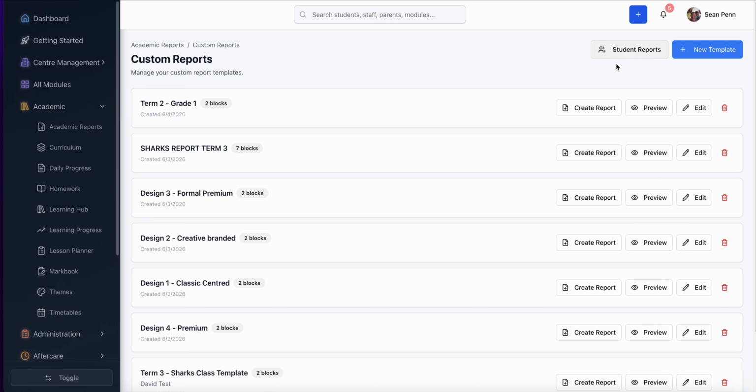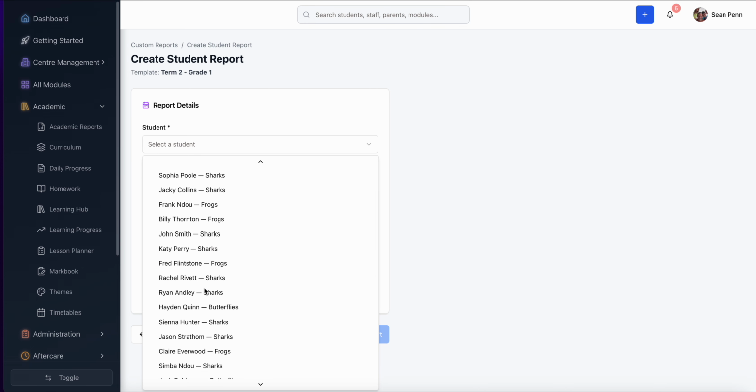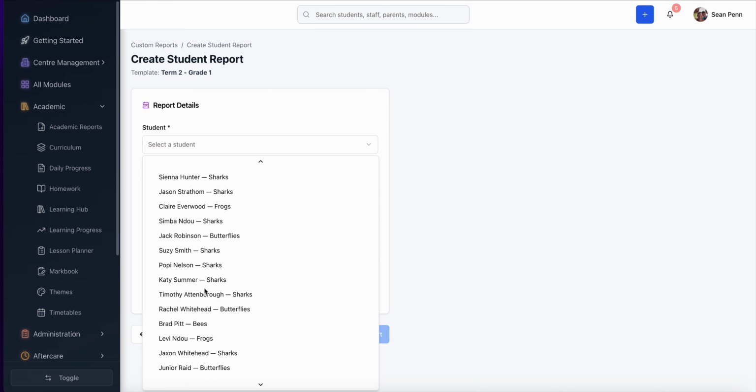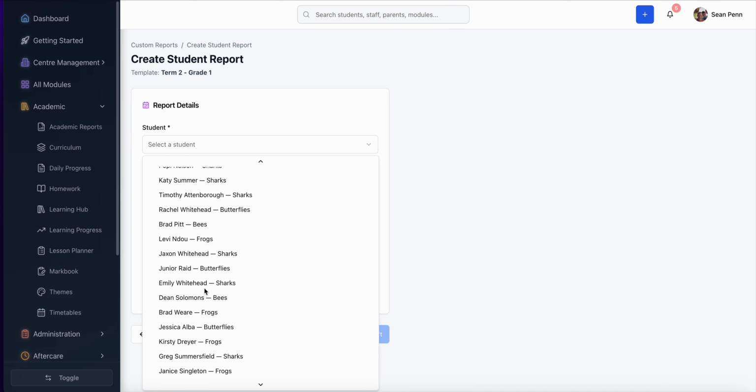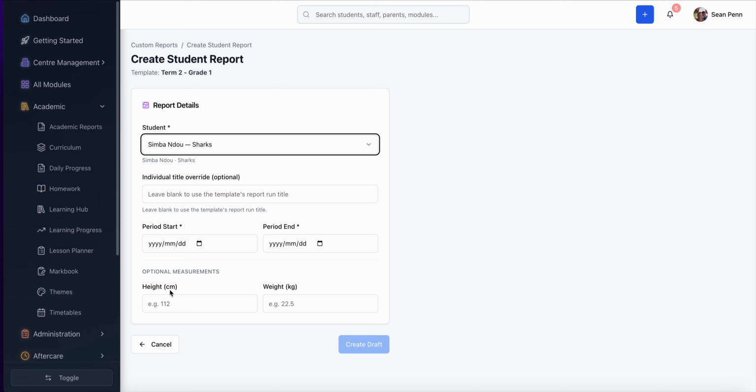Now we're going to generate that. So let's actually click Create on Report. Now we're going to choose that same child that we just had. If I can find them, there we go. And then we're going to